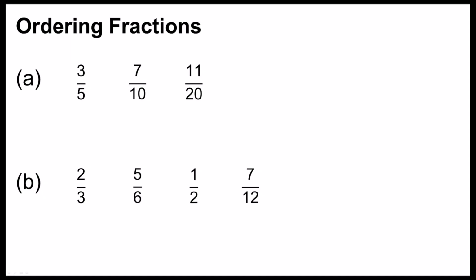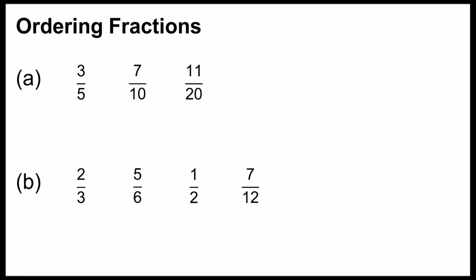In this video, we're going to have a look at ordering fractions. To order a set of fractions, you first need to make sure that they have a common denominator. That means that the number on the bottom of your fractions has to be the same. We can achieve this by timesing the top and bottom of our fractions by the same amount to get equivalent